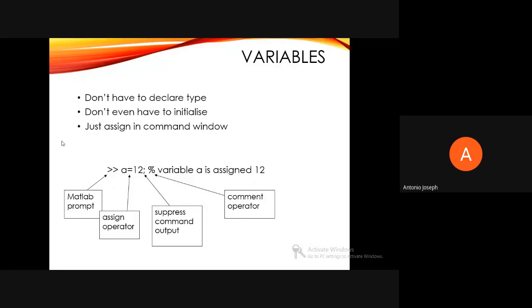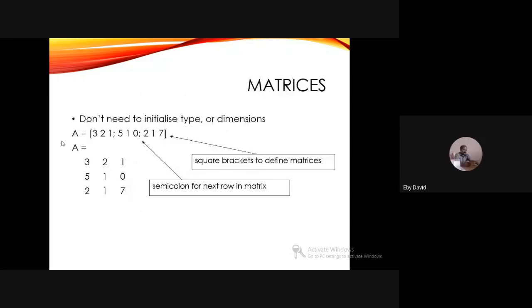That means if you are not putting a semicolon at the end, when you press enter, it will provide the answer, or it will display the values. If you put a semicolon at the end of that particular command, then it will suppress that output. That I will show while discussing the hands-on of that.